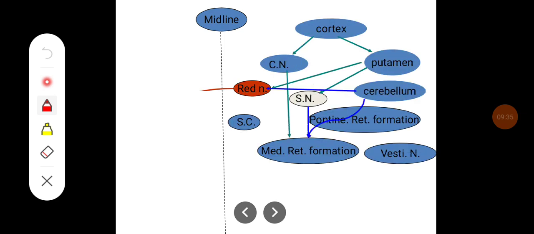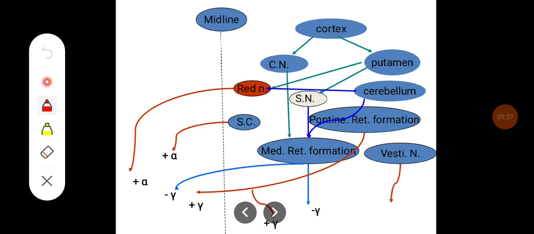So these are the different extrapyramidal tracts showing their influence. The rubrospinal tract and tectospinal tracts are going to mainly affect the alpha motor neuron activity on the opposite side, whereas